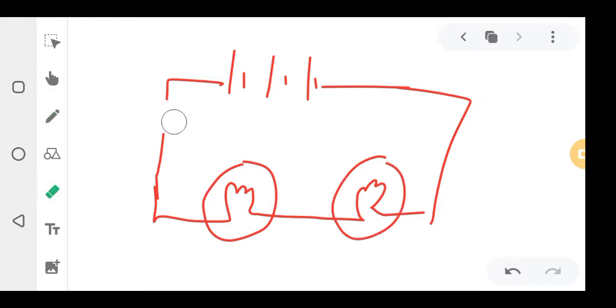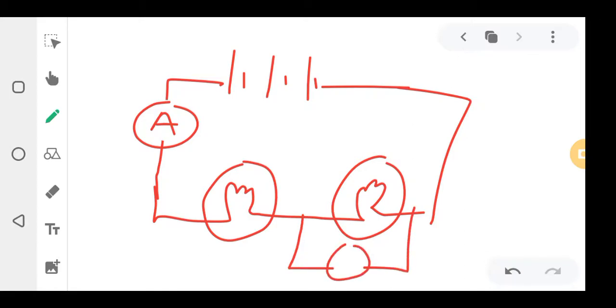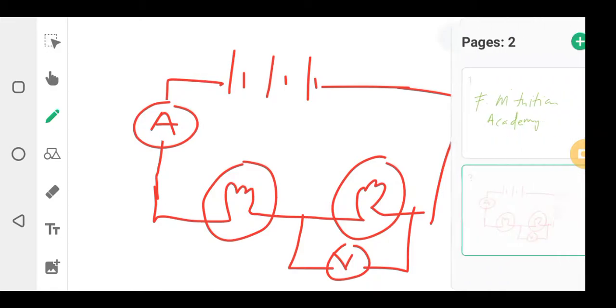Here they can put an ammeter. I think by this time you know what the symbol means. It's an ammeter. Here they can put a voltmeter, which measures voltage. I think I've explained this, a voltmeter with V. Okay, the first question can be, they can ask you